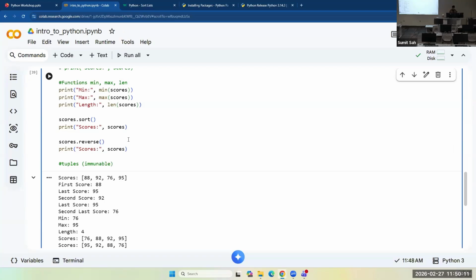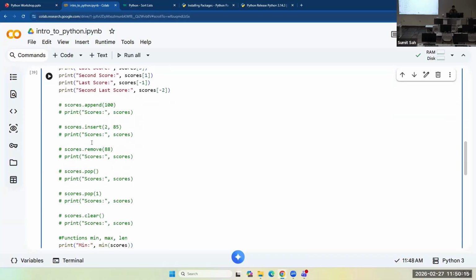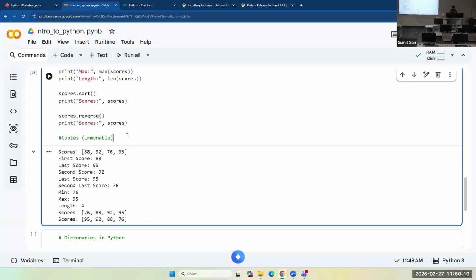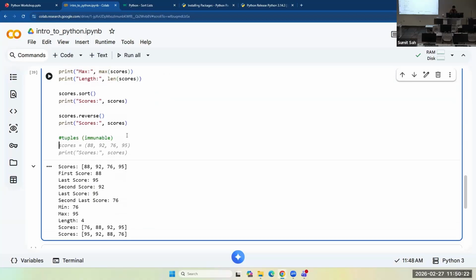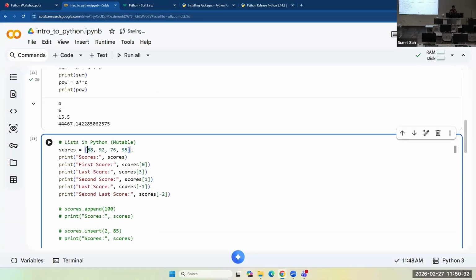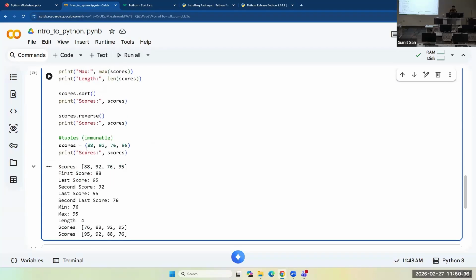So you cannot use methods like append, insert, remove, or pop, because you cannot change the values in tuples. This is how you define tuples using parentheses. You define a list using square brackets, and a tuple is defined by parentheses.